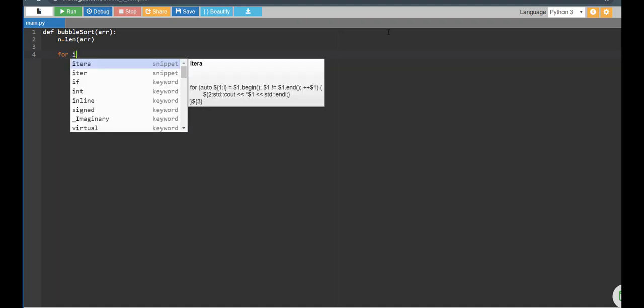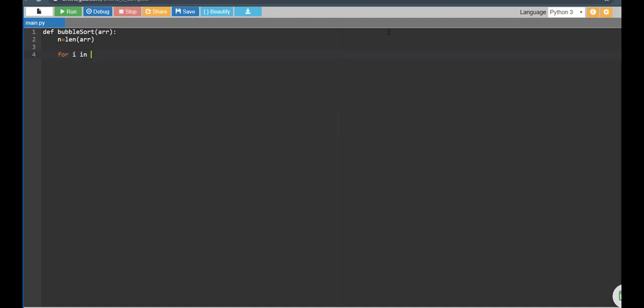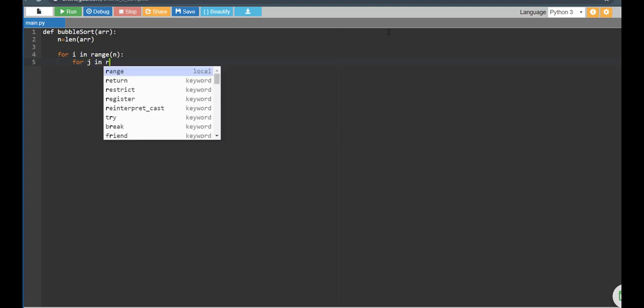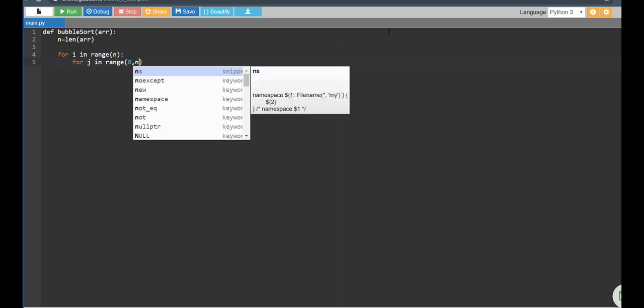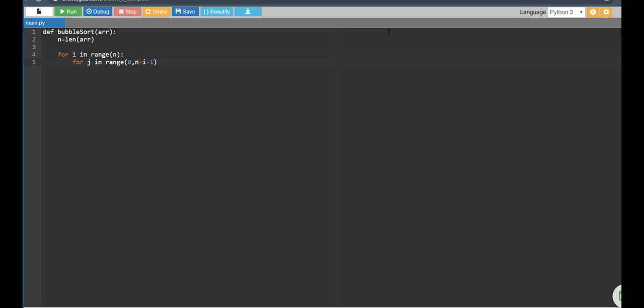Now for i in range of n, where n is the array's length. For j in range of 0 and n minus i minus 1. This for loop is just to check adjacent elements of the array.